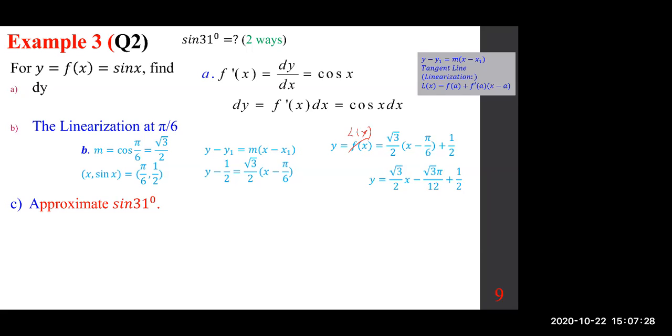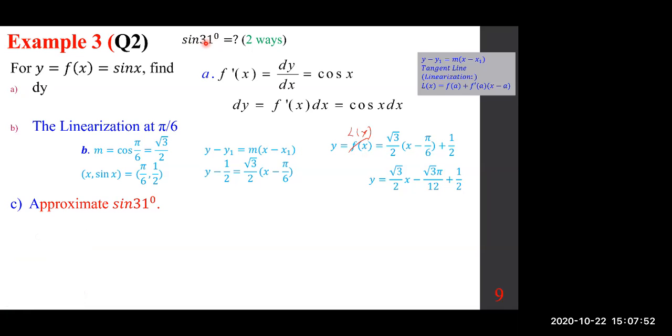Okay, by this f of x, we mean the function that represents the tangent line, so change it to L of x to be on the safe side. That's it. This is A and B. Now, we want to find